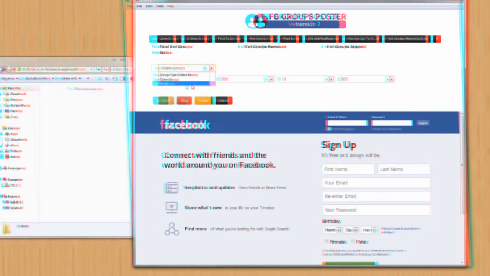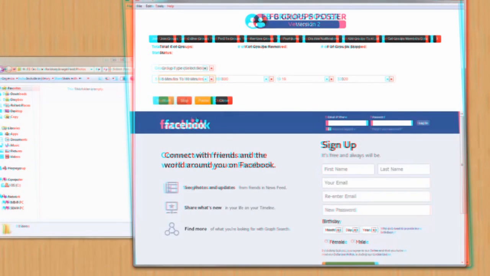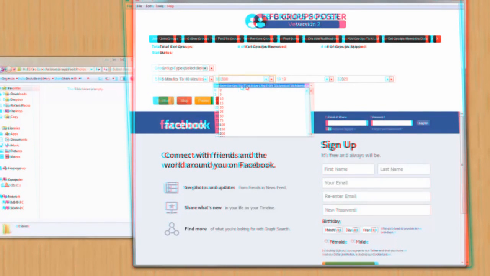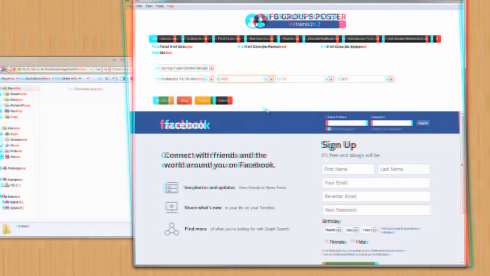All groups consist of open groups and closed groups. Specify the amount of time between each point, so it's run time. This function right here gives you the ability to remove groups that have less than X amount of members. So the group that you want to remove have less than 400 members, the software will go ahead and remove